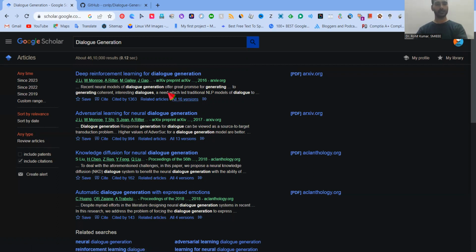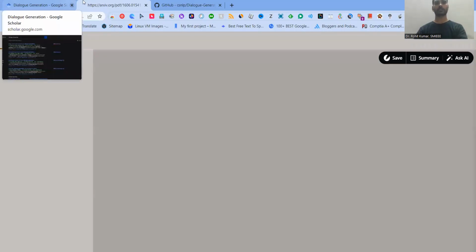Then you have these particular papers, and just see whether you have open access or not. This is the arXiv papers. Here, obviously, these preprints are really available because it's an open access portal. So there you can just go and find the related papers. For example, there is one work, deep reinforcement learning for dialogue generation, so you can just right click, open it, and you will find the related information. Like that, you can find a number of different papers with respect to dialogue generation.